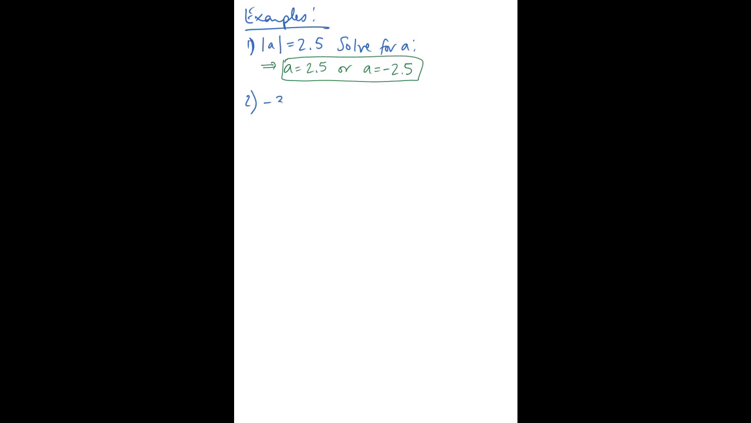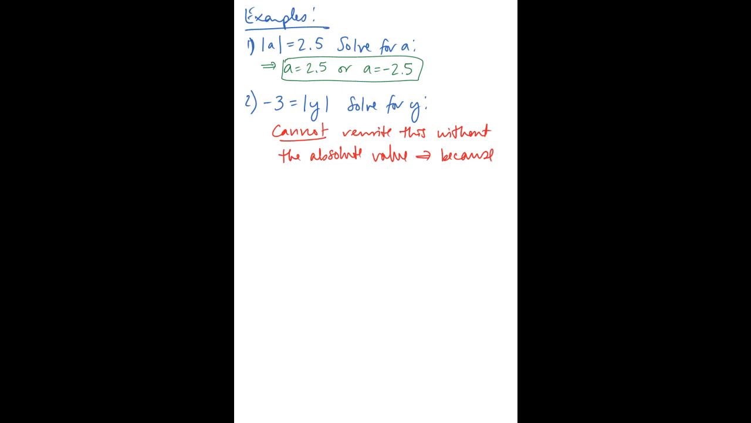Here's another one. Negative 3 equals the absolute value of y. Solve for y. Well, we have to be careful. Some people are tempted here to do what we just did in the previous problem, but notice we cannot, in this case, rewrite this. Why is that? It's because this equation